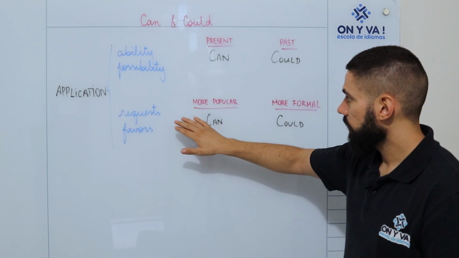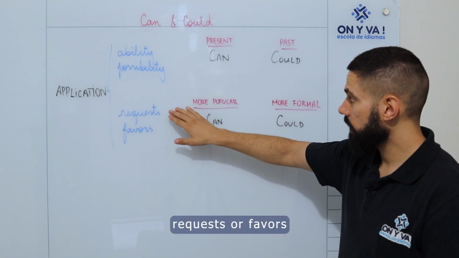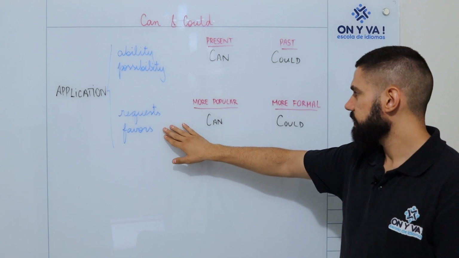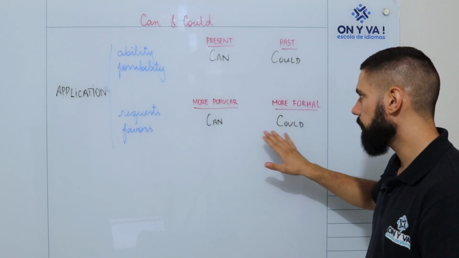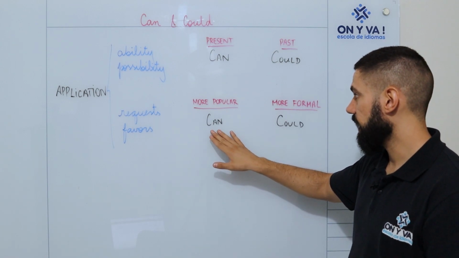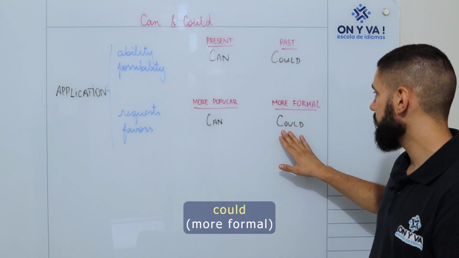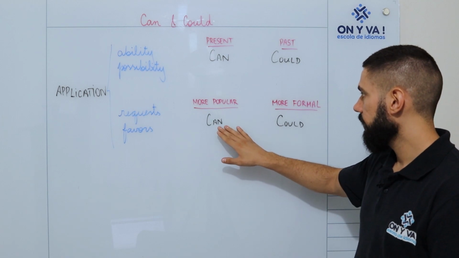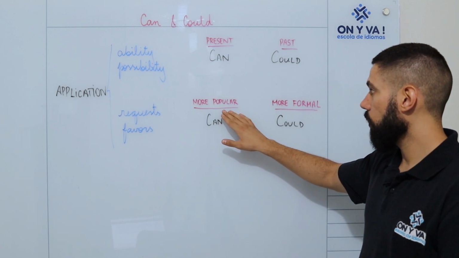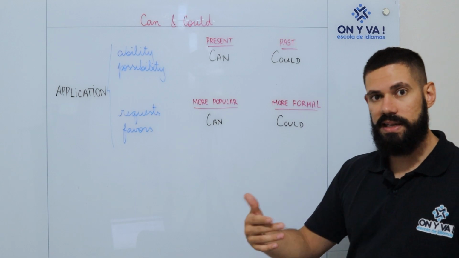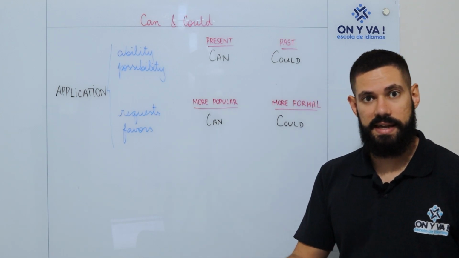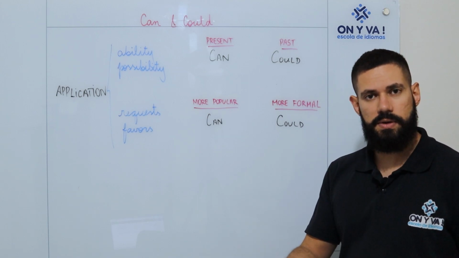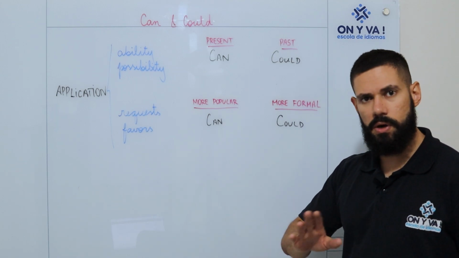Can and could can also be used to make requests or ask for favors. In this case, could is not the past of can. In this case, could is just a more formal and polite version of can. Can is more popular, so it's more commonly used in our day-to-day, in our conversations. So with your friends, you can use can. If you don't know the person,